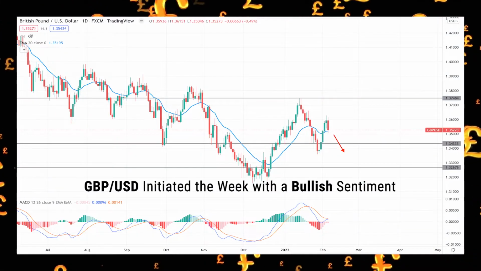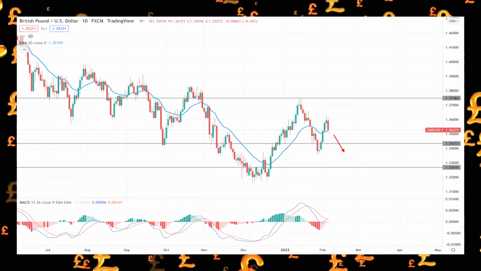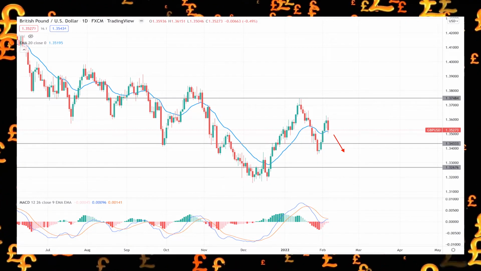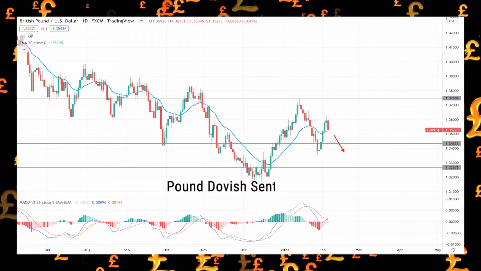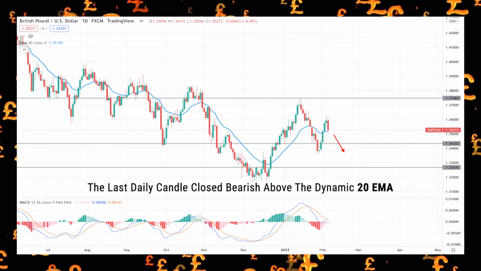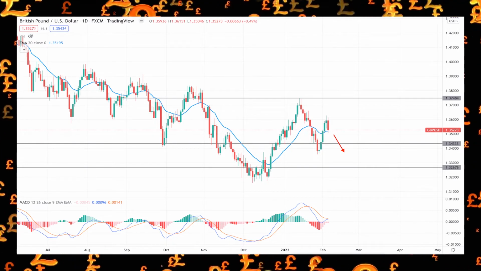GBPUSD initiated the week with a bullish sentiment but failed to extend the buying pressure above the 1.3628 level due to the hike pointing to the pound dovish sentiment. However, the last daily candle closed bearish above the dynamic 20 EMA, where investors should remain cautious about finding the